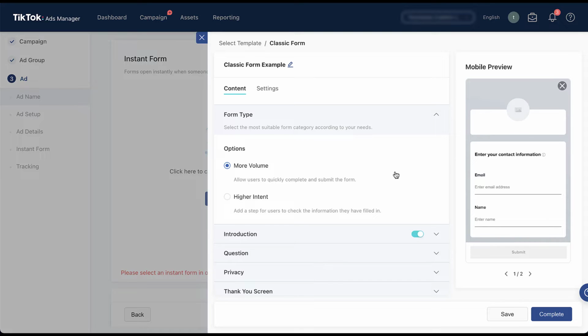And if you have watched the Facebook ads lead generation campaign video that we put together, you'll probably see this as somewhat familiar. More volume allows users to quickly complete and submit the form, whereas higher intent will add a step for users to check the information they've filled in. So effectively, more volume means that when somebody fills out the form and they hit submit, that's it. That's done. They've already submitted the information and it's over. If you choose a higher intent form, that means that they have an additional stage to review the information that